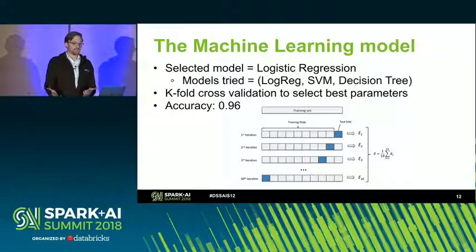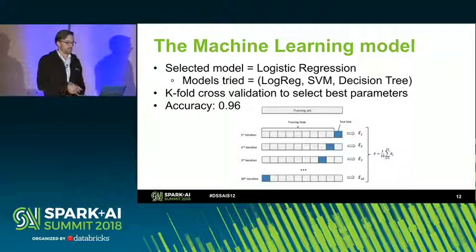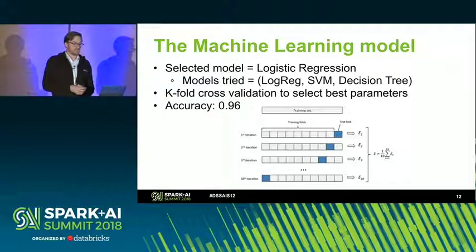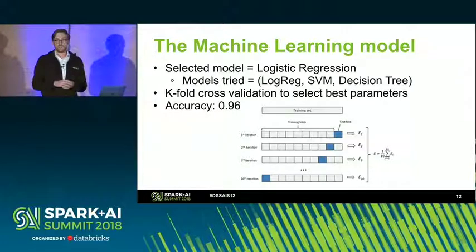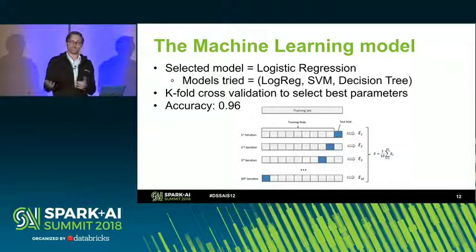Again, that's difficult with the hashing function, and therefore give a bit more understanding to the business. Now, again, luckily, this means we don't have very many parameters. Here in Spark, you only really have one parameter for logistic regression, but we still wish to do cross-validation, so we get the best model at every point. We did this with k-fold cross-validation, and in general, we get an accuracy of 0.96. Now, accuracy, as you probably had mentioned earlier in the PayPal talk, is not the best measure, since if you have any skew in your data, you will have a misrepresentation.